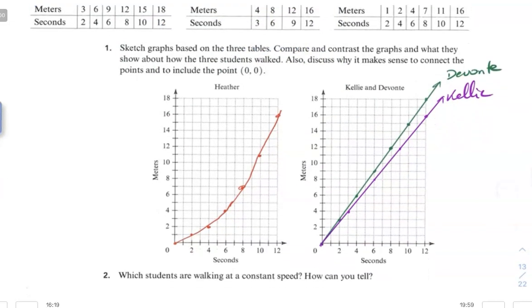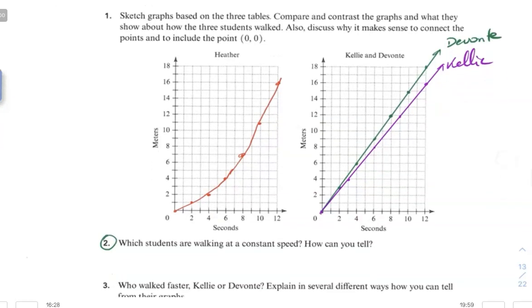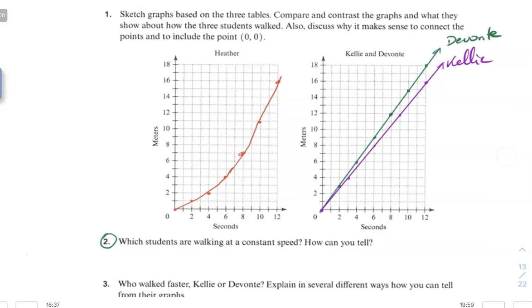So which students are walking at a constant speed, and how can you tell? I'd like you to look at the graphs and respond to this. How can you tell which students are walking at a constant speed? Who walked faster, Kelly or Devontae? Explain in several different ways how you can tell from their graphs. Now, there are a few ways that